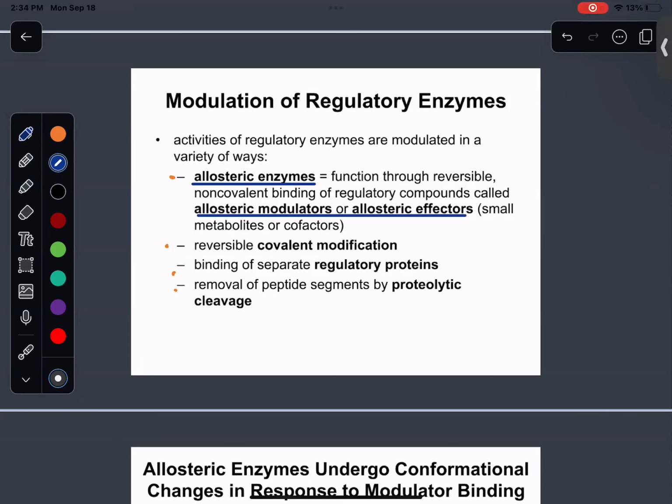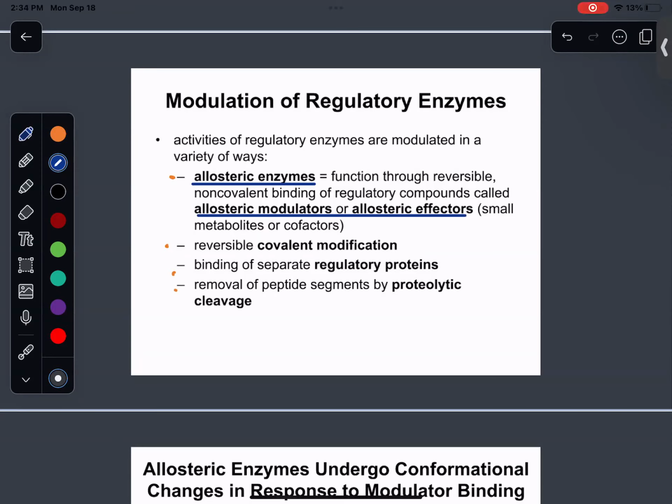They can be either positive or negative modulators. In other words, they can either increase or decrease the activity of the enzyme. So I have certain positive allosteric modulators or positive allosteric effectors. They're both synonymous. That will increase the enzyme's activity. It'll make them work even better. It'll be an enzyme on steroids at that point, right? Or I can have a negative modulator, in which case you're going to have a decreased enzymatic response.